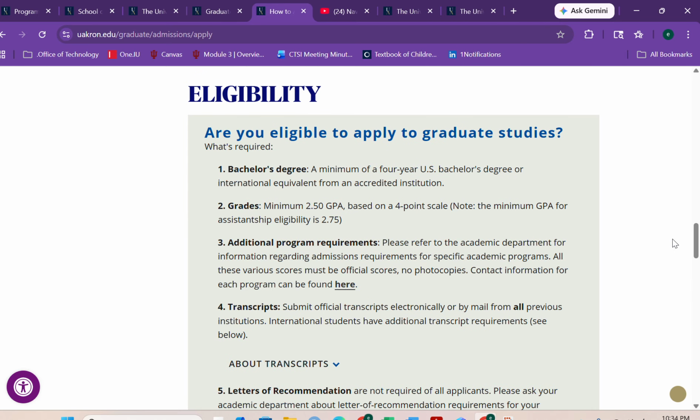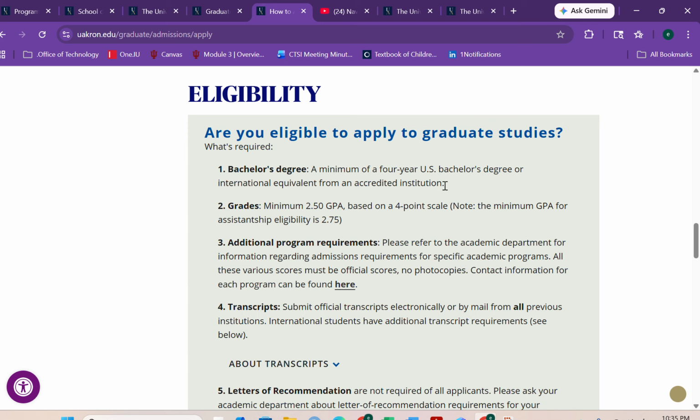Now let's look at something very important: eligibility. If you are applying to study in the US or any other country, we call it eligibility criteria, or what every school needs. If you are applying to their graduate programs, the first thing you need is a bachelor's degree, a minimum of a 4-year US bachelor's degree or international equivalent from an accredited institution.